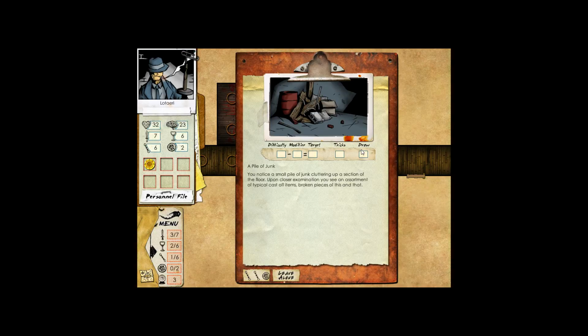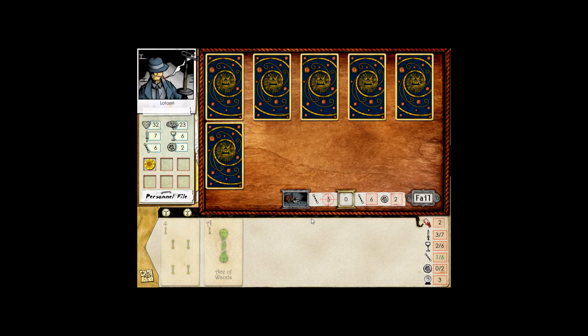A pile of junk. You notice a small pile of junk clearing up a section of the floor. Upon closer examination, you see an assortment of typical cast-off items, broken pieces of this and that. It doesn't look like, well...